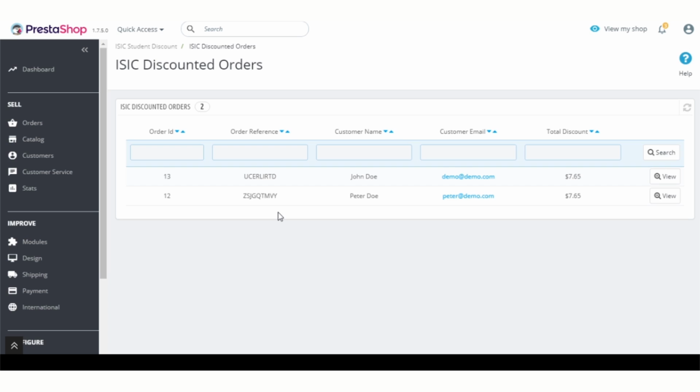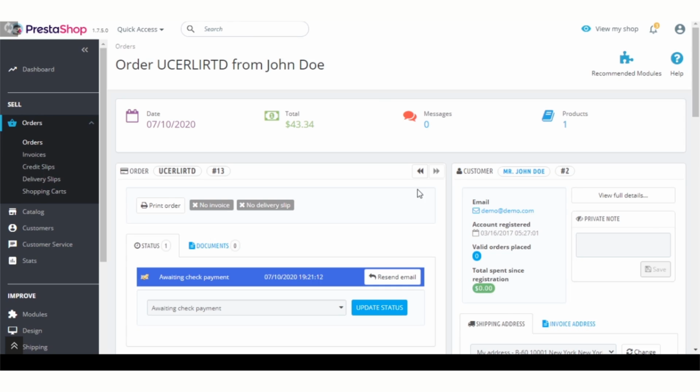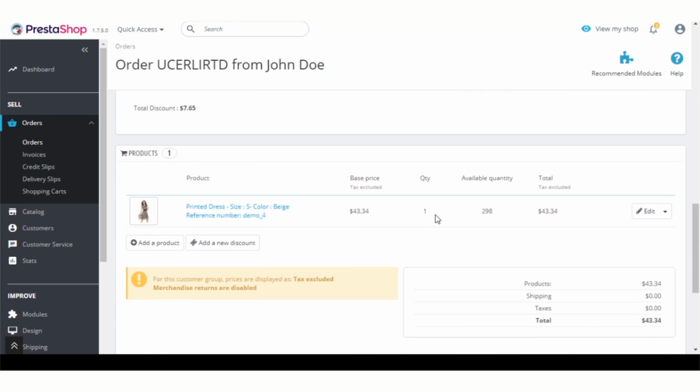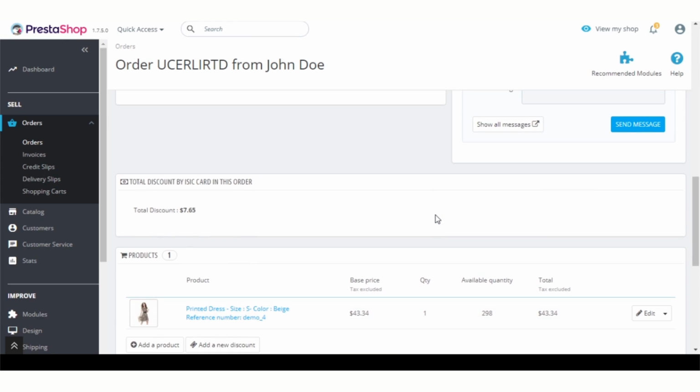Admin can view order details, customer details, and ISIC discount received on the particular order by clicking on the View button. Admin can view the total discount received on this order by ISIC card here.